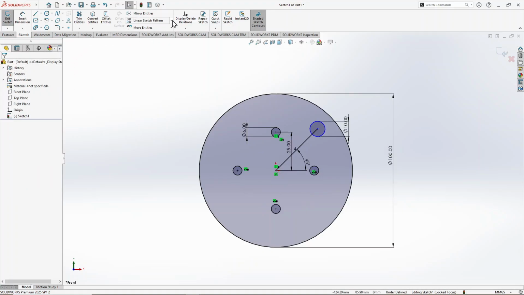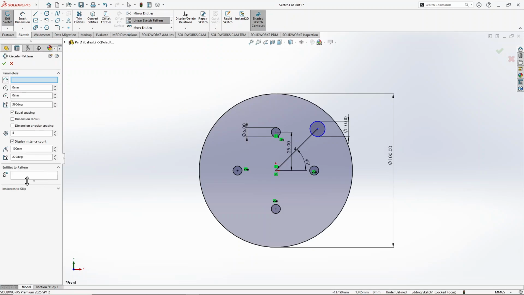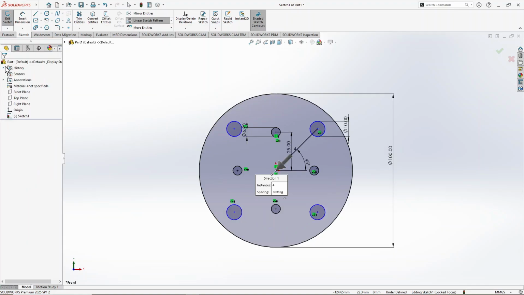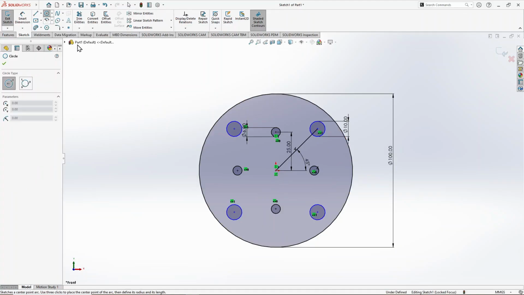Okay, now again go to the circular sketch pattern and entities to pattern. Here you have to again select the entities which you are going to pattern. So select this circle. Yes, it is already 4 selected here. So click OK. Now again go to the circle command and draw a circle,